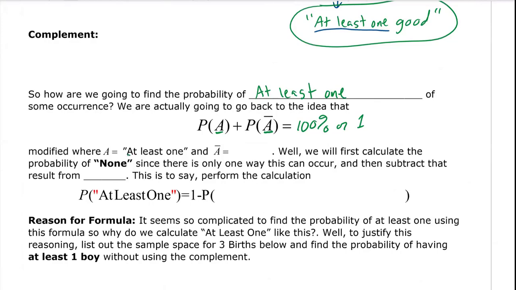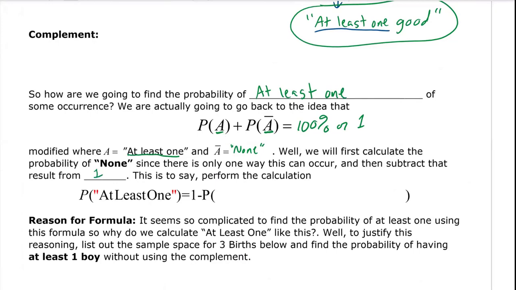Well, if we want to find at least one of something, the complement of that, of course, we know is none of that thing. And we're going to find the probability of none first and subtract that from 100% or subtract it from 1. So to find the probability of at least one, we're first going to find the probability of none of that